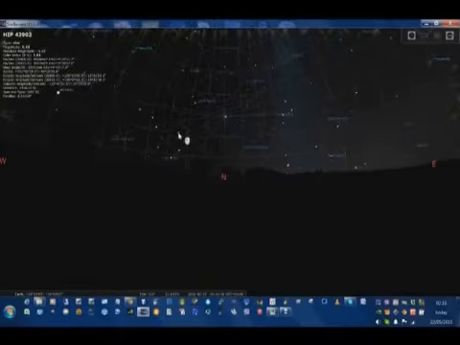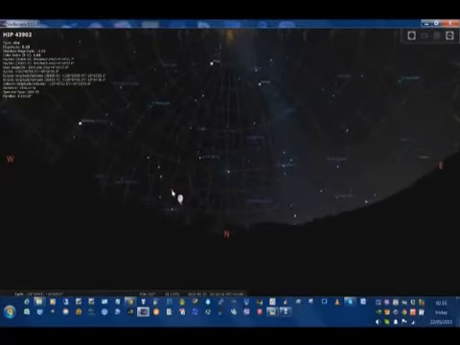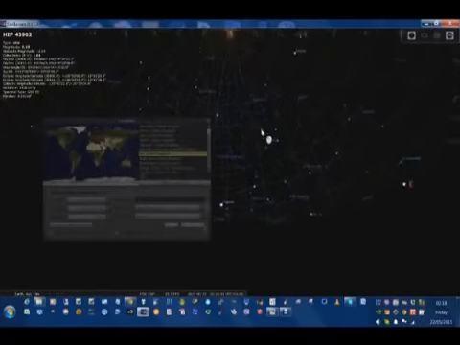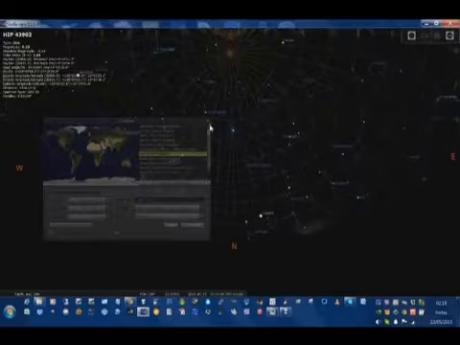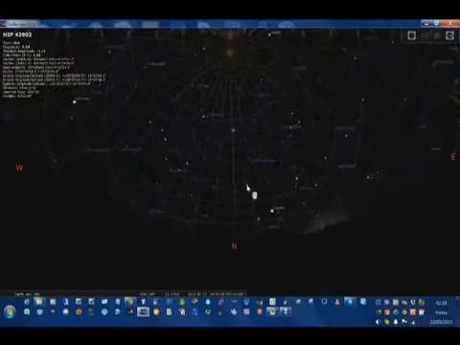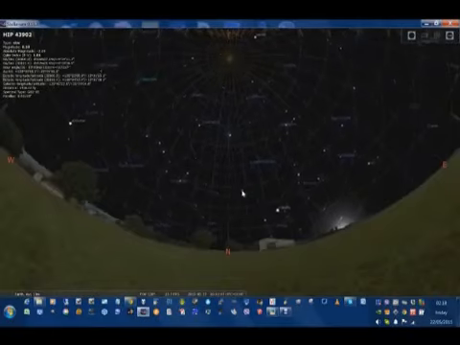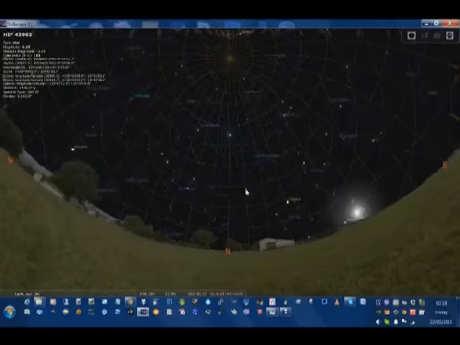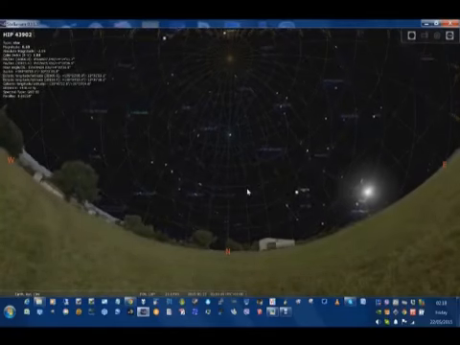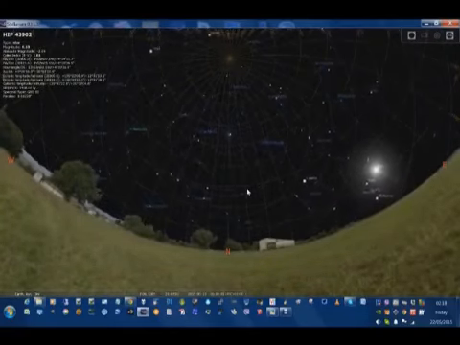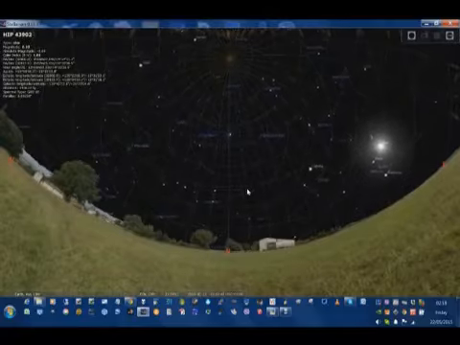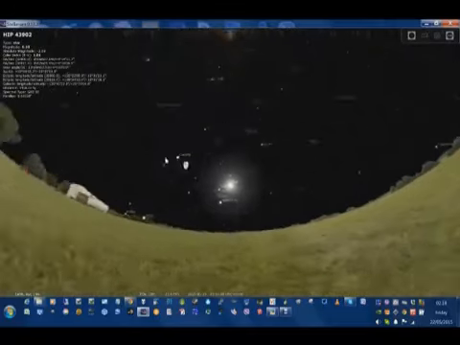We're looking at a piece of software called Stellarium. Okay, so we look up at the sky and face north, and there we go. Everything's rotating anti-clockwise around Polaris. Now, if we face south,